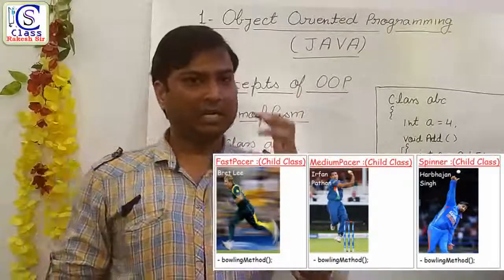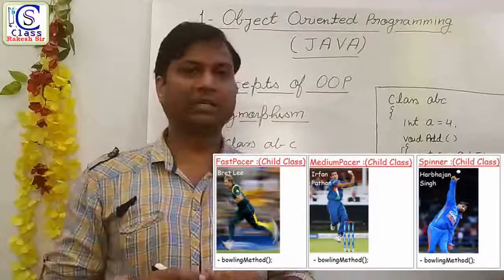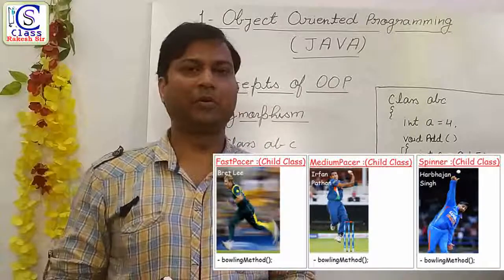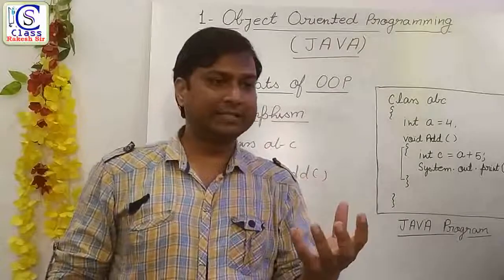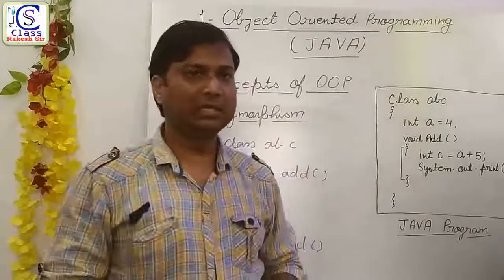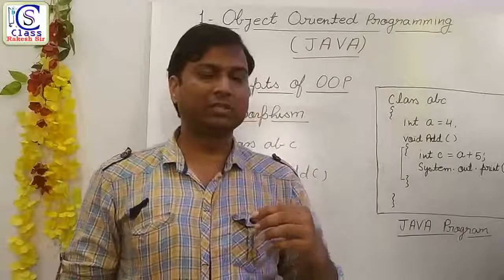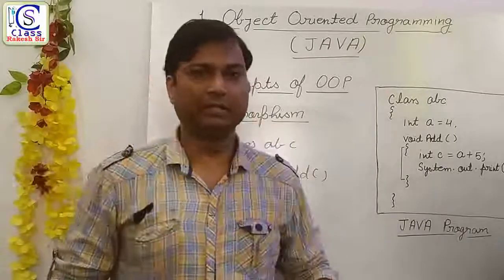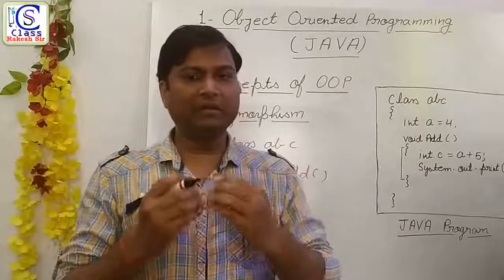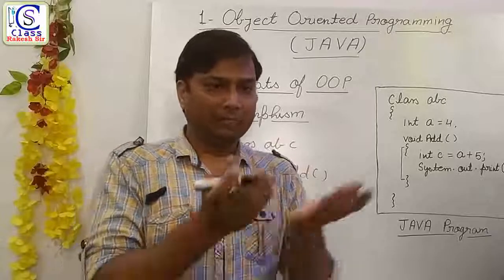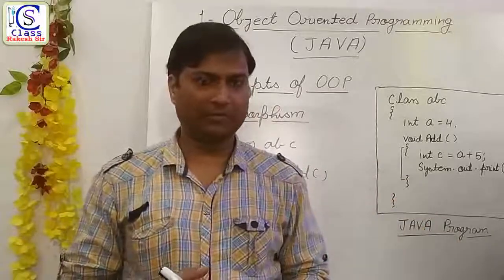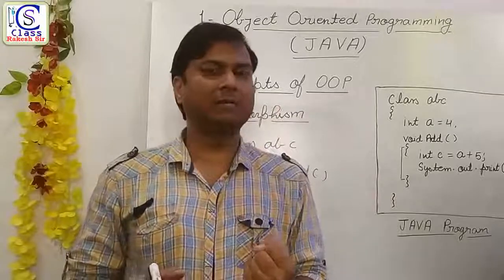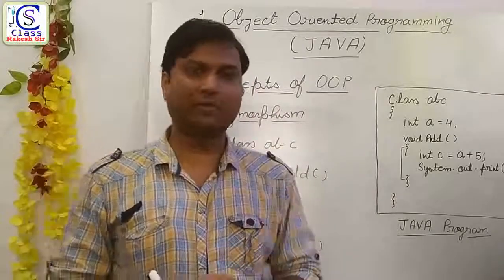So it means they have a technique. They are using the technique of polymorphism. Just like a teacher teaching three different subjects, that particular teacher is using a polymorphism technique. If anyone is representing more than one form, that concept is known as polymorphism. So this is the definition and examples of polymorphism.